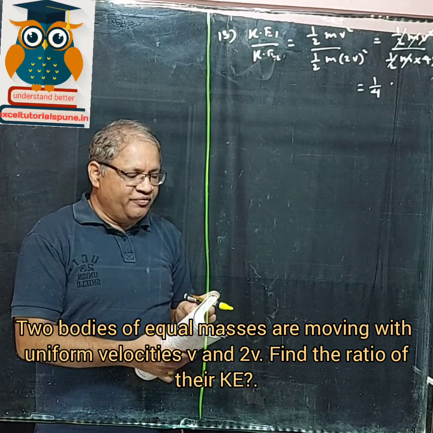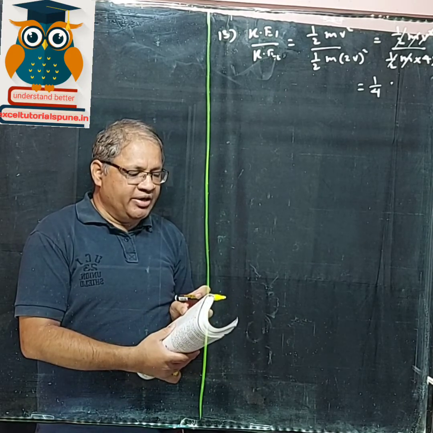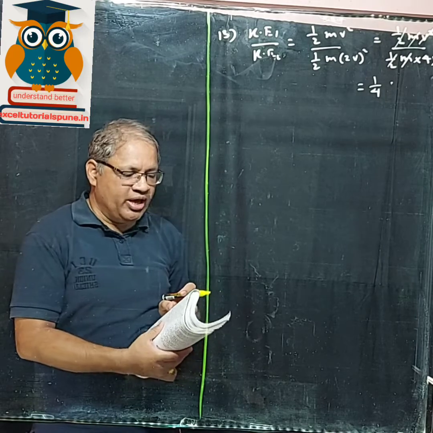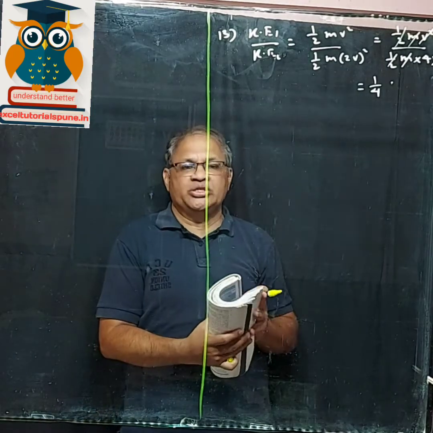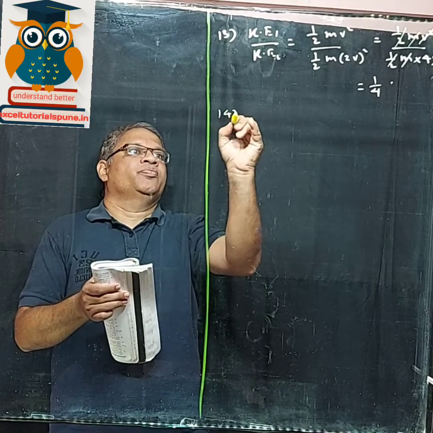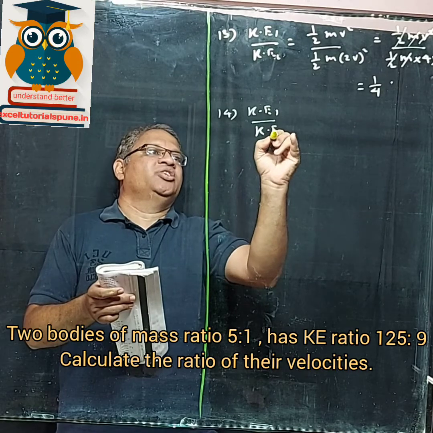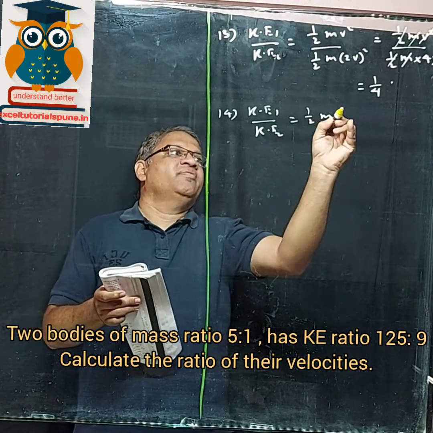Two bodies of mass ratio 5:1. Kinetic energy ratio is 125:9. Find the ratio of the velocity. It's very much similar to the sum which we just solved. So kinetic energy 1 upon kinetic energy 2, half mv square upon